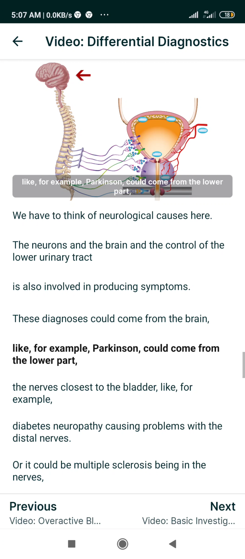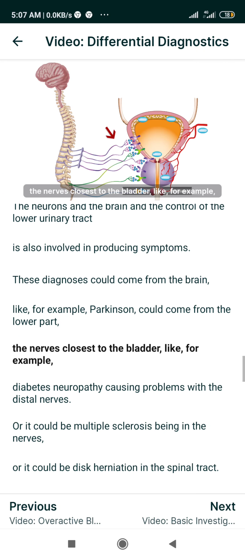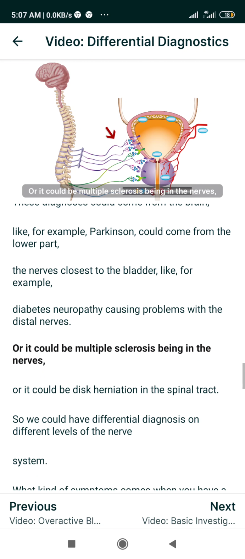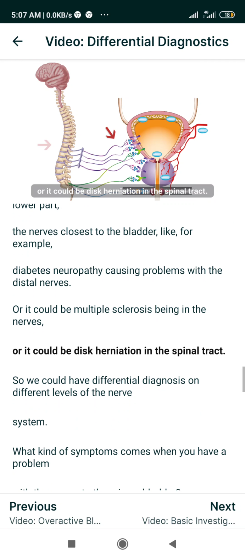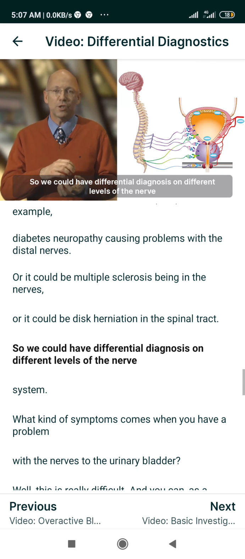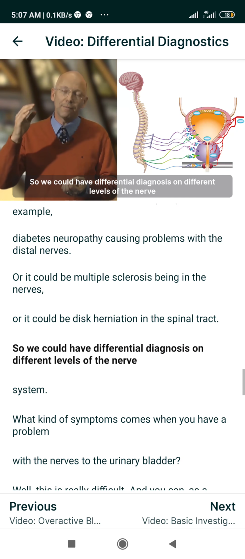could come from the lower part, the nerves closest to the bladder, like for example diabetic neuropathy, causing problems with the distal nerves, or it could be multiple sclerosis affecting the nerves, or it could be disc herniation in the spinal tract. So we could have differential diagnoses on different levels of the